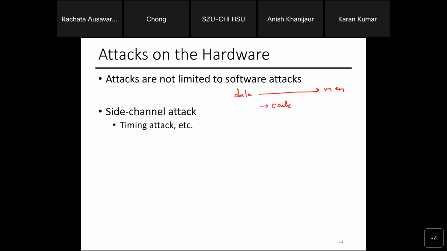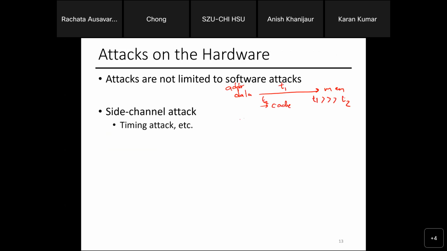So if I have the address, it will take some time to get my data. If I have to go to the memory, it takes T1. If I go to the cache, it takes T2. And T1 is much more than T2. Clear? This is one thing I can do.